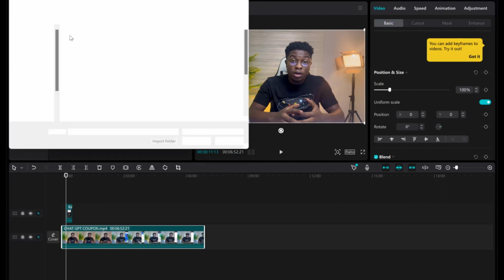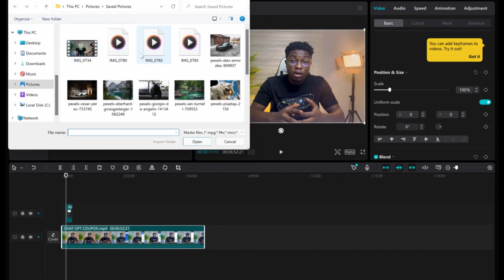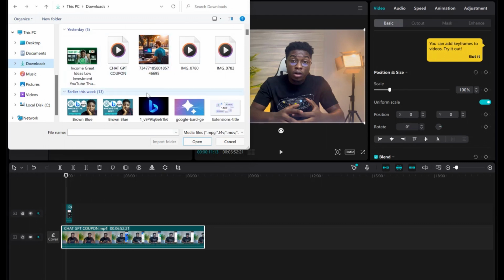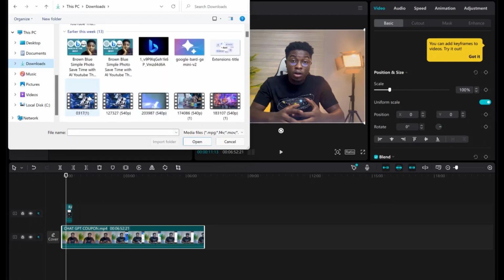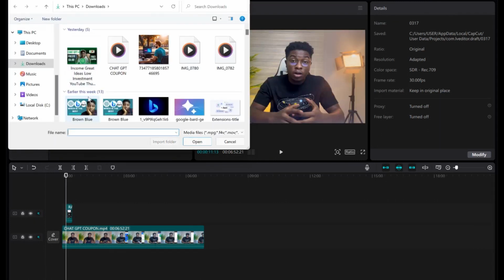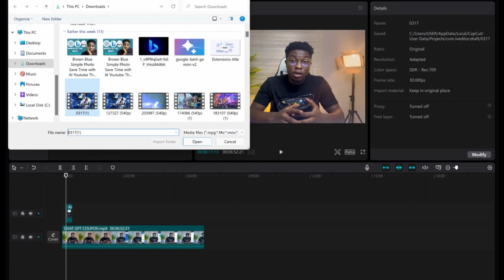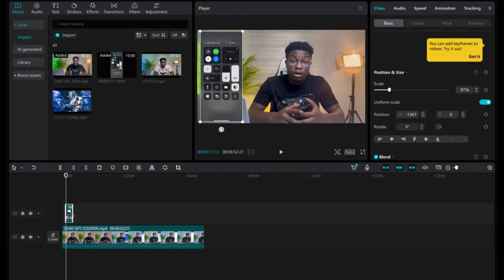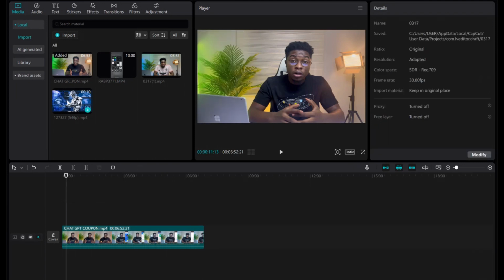We're just going to come here and click on import, use a video that is larger than that. So let me go to my download and look for some clip. All right, just use this clip. Okay, that's not the clip we wanted. All right, so clearly this is what I want. So let me use that as an instance. So I want that to show over my video, right? This video